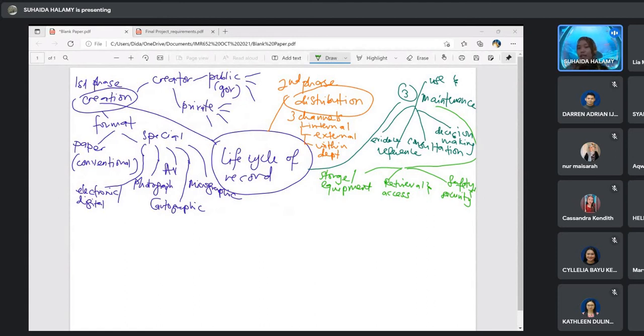You mesti ask permission first from the authorized person. Boleh pinjam atau tak, this kind of record ni sesuai ke tak untuk dipinjam atau tidak. So you have to ask dulu. Maybe you have to fill the form in order to access the records. So these are the procedure.